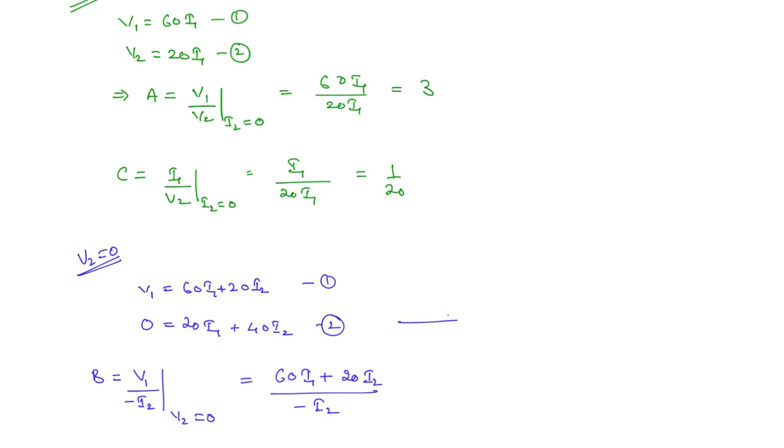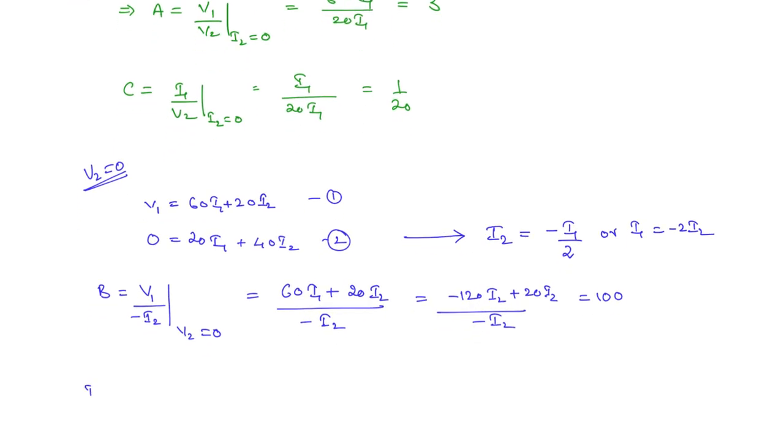But from equation 2 you can write I2 in terms of I1 as minus I1 by 2, or I1 in terms of I2 as minus 2 I2. Okay. So here if you substitute I1 as minus 2 I2, what you're going to get? Minus 120 I2 plus 20 I2 by minus I2. This will give you 100. This is B. Then what about D? D is equal to I1 by minus I2 when V2 is equal to 0. So I1 we saw minus 2 I2 divided by minus I2 will give you